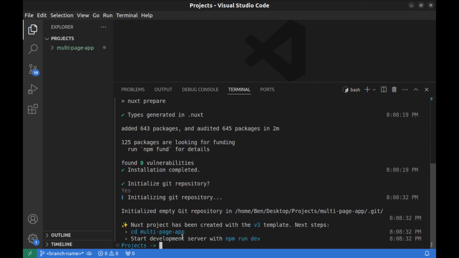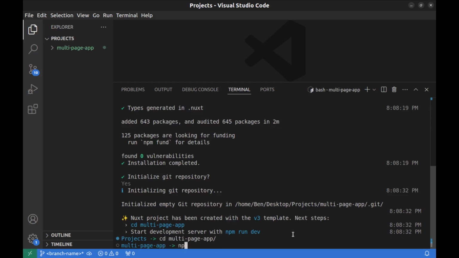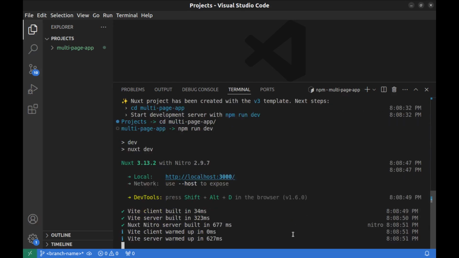It has been created. Now we need to go to its directory and run npm run dev to see it on localhost. Alright, npm run dev. Alright, here is our app. Copy the address